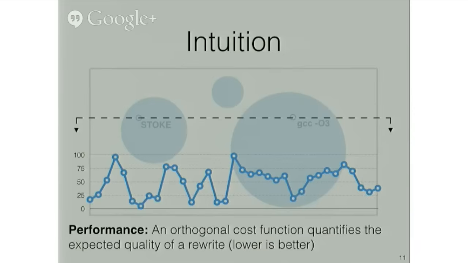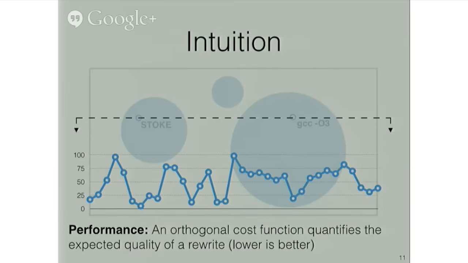And now if you're comfortable with the idea of a function being defined over this space, then what I can do is suggest to you that there are many other possible functions for measuring the quality of these points. Some simple examples would be code size, expected power consumption, expected number of cache misses, expected runtime. In the formalism I'm showing you here, the only feature that any of these functions would share is that lower values correspond to better rewrites.